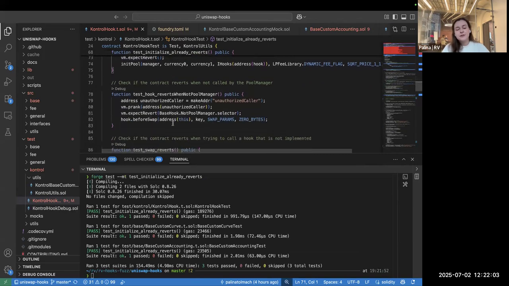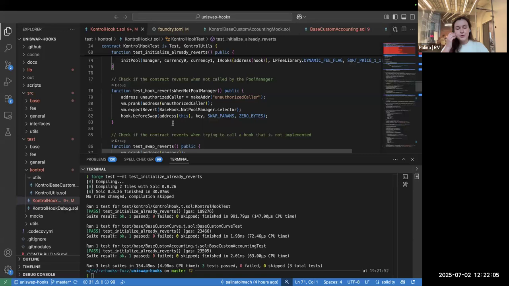We can write some more properties, some more unit tests like this. We can, for example, check access control. That is also a pretty popular type of test that people are writing, which is great because it makes sure that this very important access control property is respected. So in this case, another thing we could do, we can define an address that we know is not the pool that has been